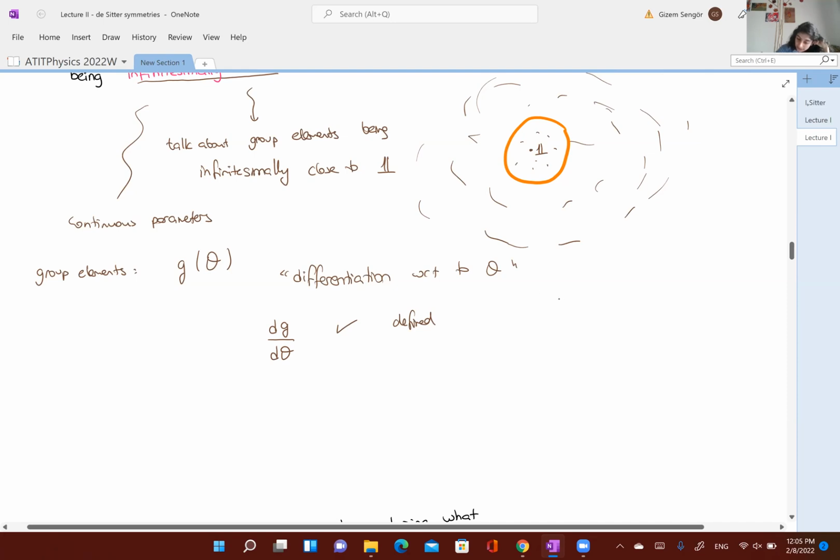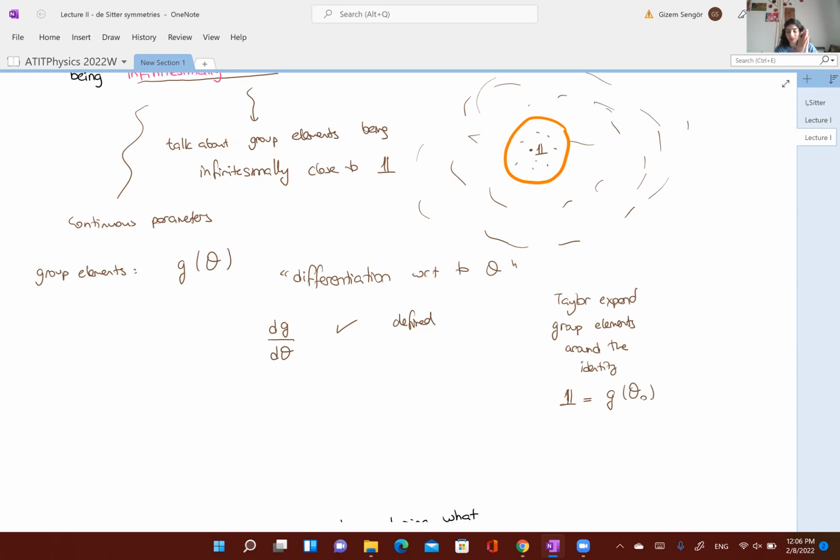And then you can do things like Taylor expansion. You can Taylor expand group elements around the identity. So the identity will happen at a specific value. If you are talking about rotations, the identity is at the angle equals 0. The parameter, that is the angle of the rotation, equals 0. Like this. Then you make use of this to represent